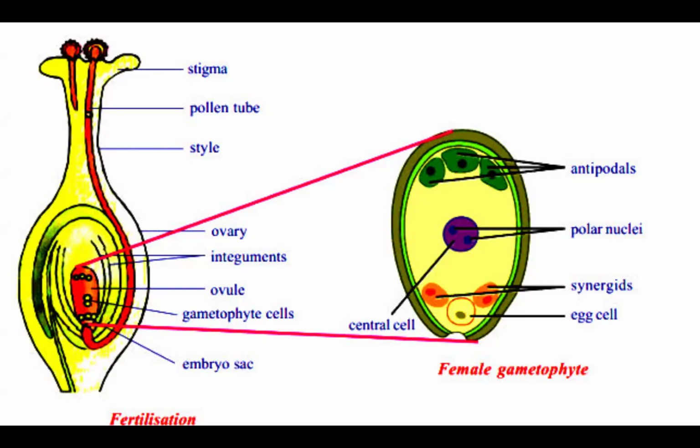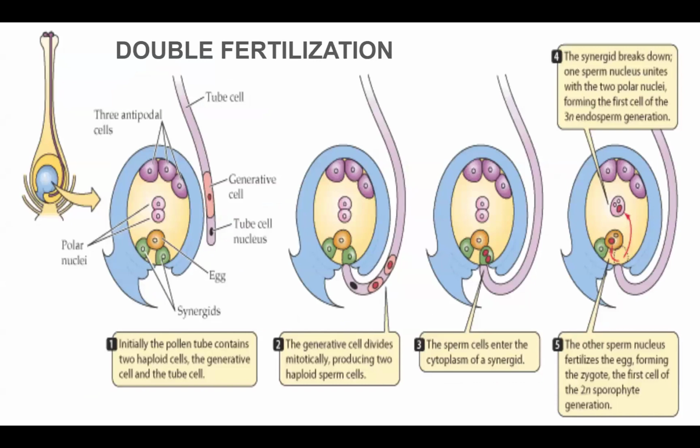Just to give you an overview of the embryo sac, we have the antipodal cells at the chalazal end, the three cells which are there, and at the micropylar end we have two synergids and one egg cell, and inside that I have two polar nuclei. So now, this fertilization, so what happens